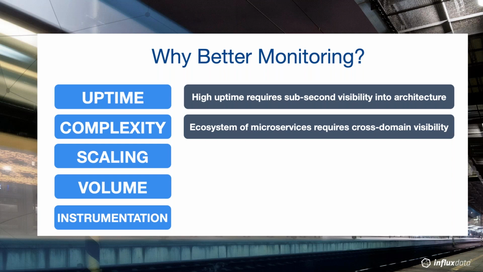And the third point here is scaling. I alluded to scaling a little bit, but a big premise of our adoption of cloud is the ability to auto scale. Cloud gives you infinite scalability, and take that with a pinch of salt. You can only scale as far as your cloud provider's data center allows you to scale. But even then, assuming your scaling needs don't go beyond a data center, if you need to scale, you need to have sub-second visibility into how your